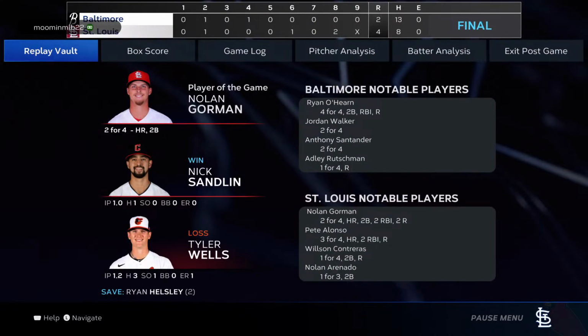St. Louis Cardinals, 4 runs on 8 hits. No errors. They left 4 men on base. For the Orioles, 2 runs on 13 hits. No errors. They left 8 men on base. Time of the ball game, 2 hours and 49 minutes. Tonight's paid attendance at Busch Stadium, a sellout, 45,529. The Cardinals